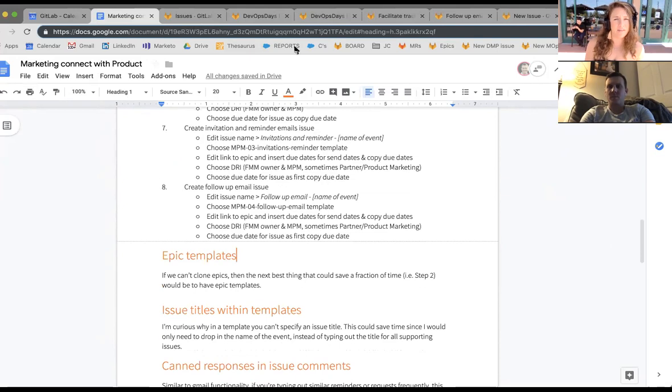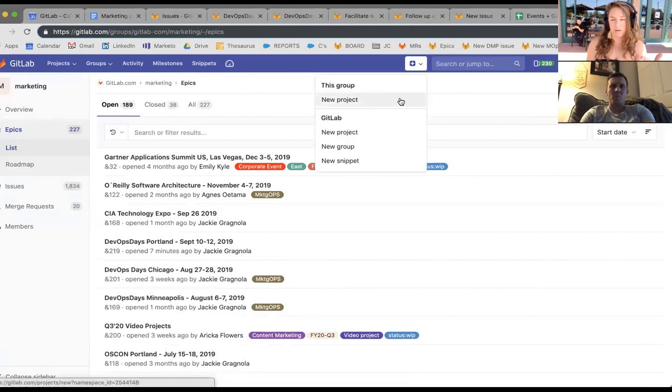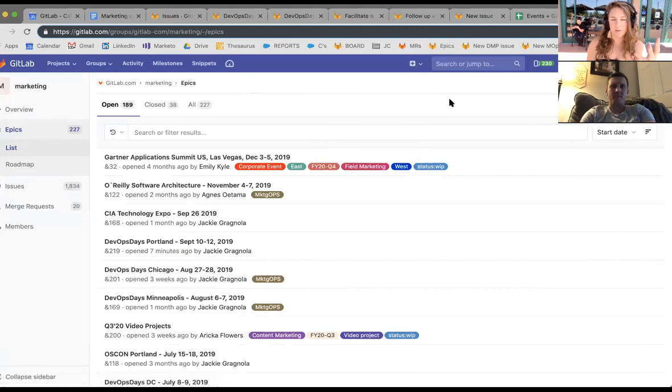Gotcha. But also epic templates would function the same way as creating an issue template. Right now, I think it's a little wonky and maybe there's a way that I don't know about, but this is all I know, is that to create an epic, you have to create a new epic over here from the epic list, and then you can edit the epic. But in the way that you can create a new issue right here, it seems odd that you can't create an epic with a template. So including the description and the tagging that you have in an issue cloning situation.